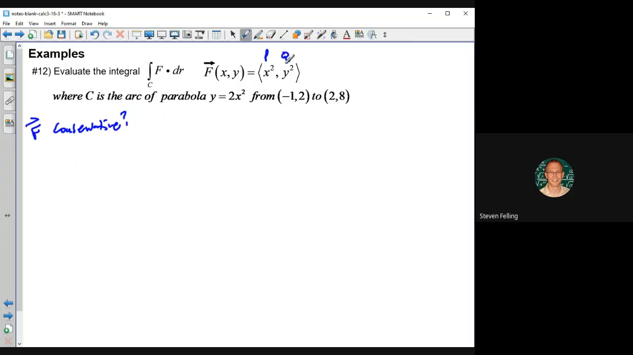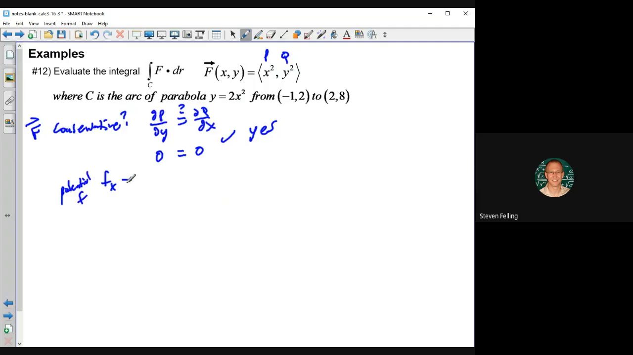Here's P, here's Q. So let's see, partial P with respect to y, is it equal to partial Q with respect to x? Partial P with respect to y is 0. Partial Q with respect to x is 0. Those are equal, so yes, this is conservative. And because it's conservative, that means we should be able to find a potential function. So let's do that. Well, we know that therefore, where f is the potential function,